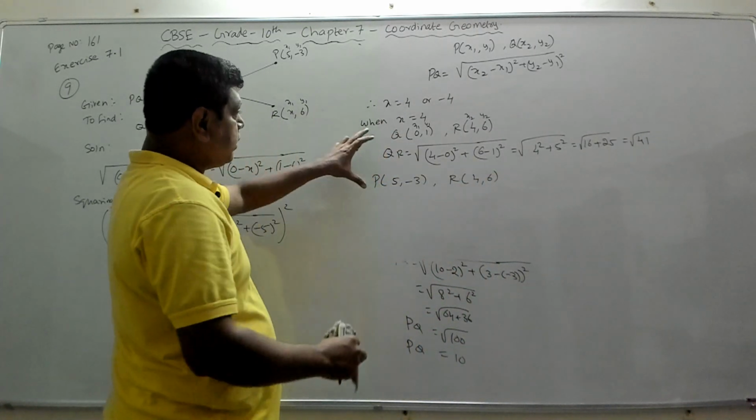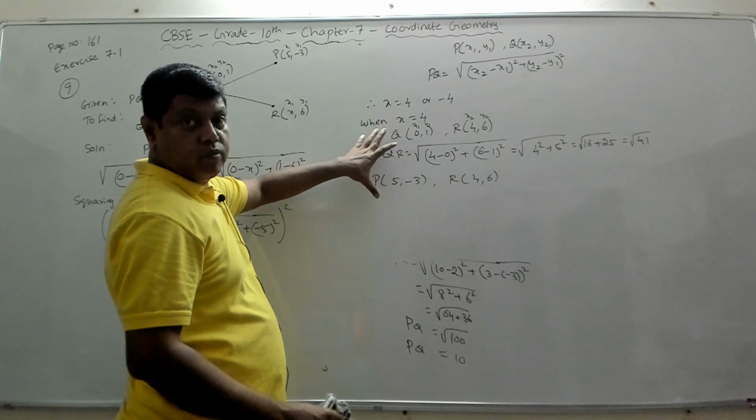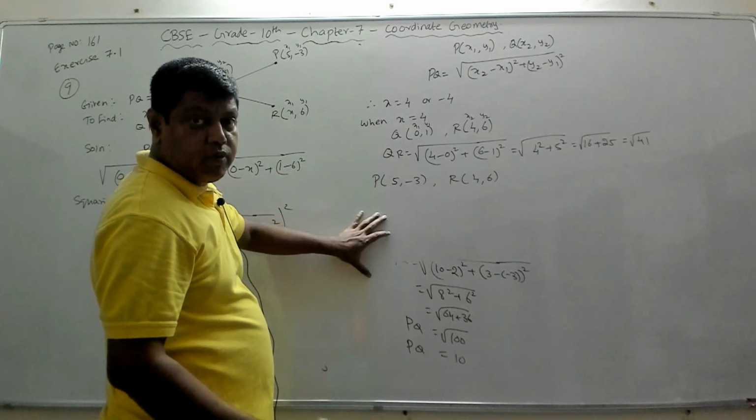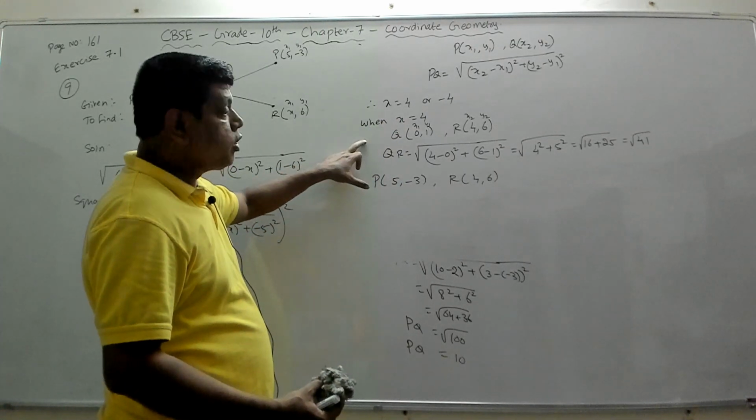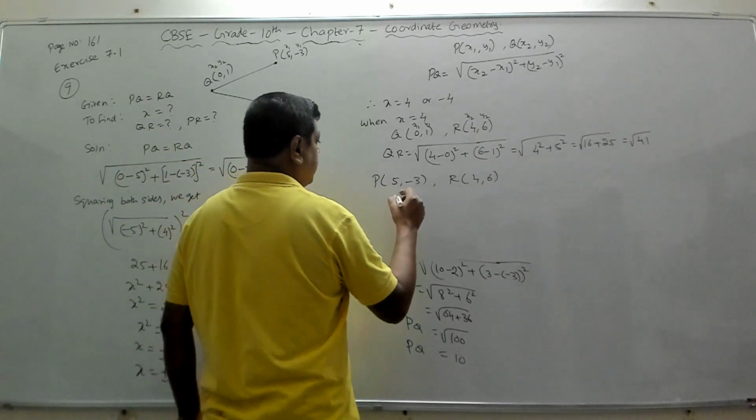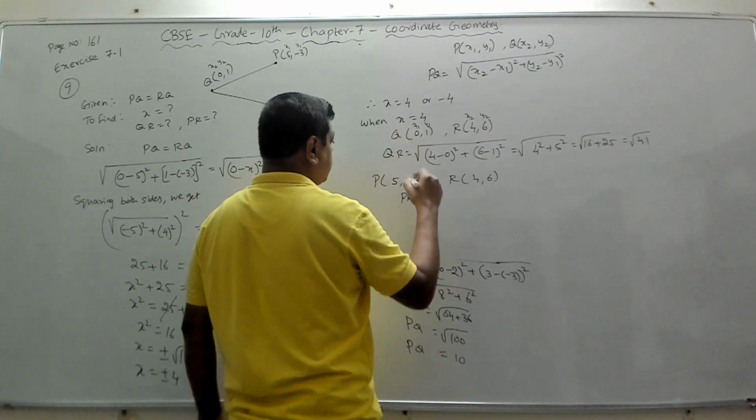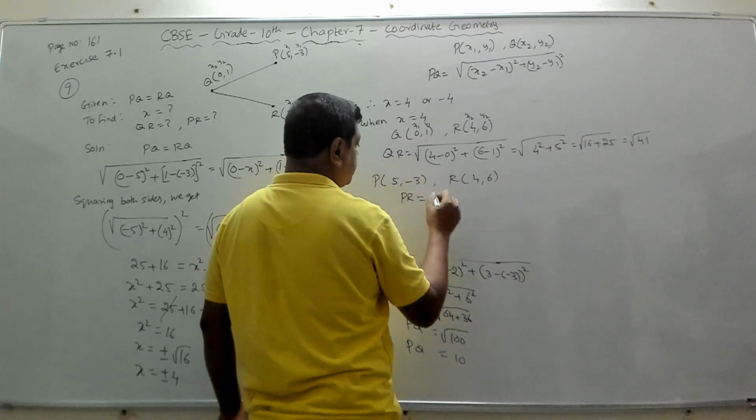We are still doing the case when x is equal to 4. Then we will do the similar thing when x is equal to minus 4. We have to still find QR and PR. So now we are finding the PR for the case where x is equal to 4. So PR is the distance between these two. So that is square root of